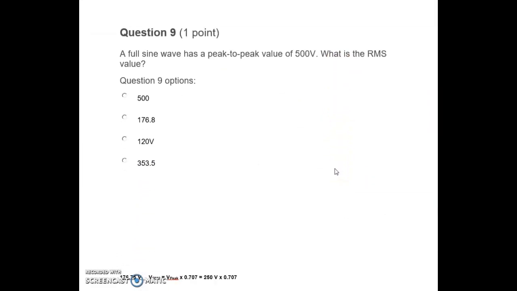Number 9, a full sine wave has a peak to peak value. Again, we need to look at these values that were given. And it's asked a peak value of 500 volts. It's asking for the RMS value. The equation is V RMS equals V peak times